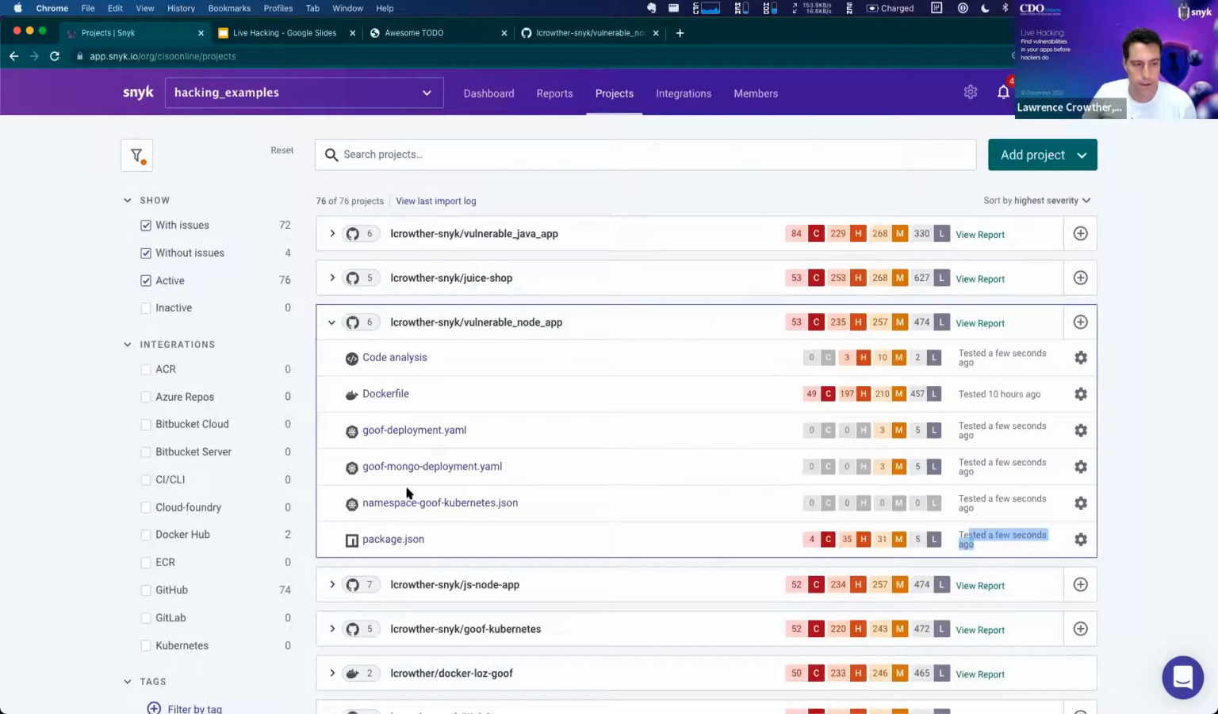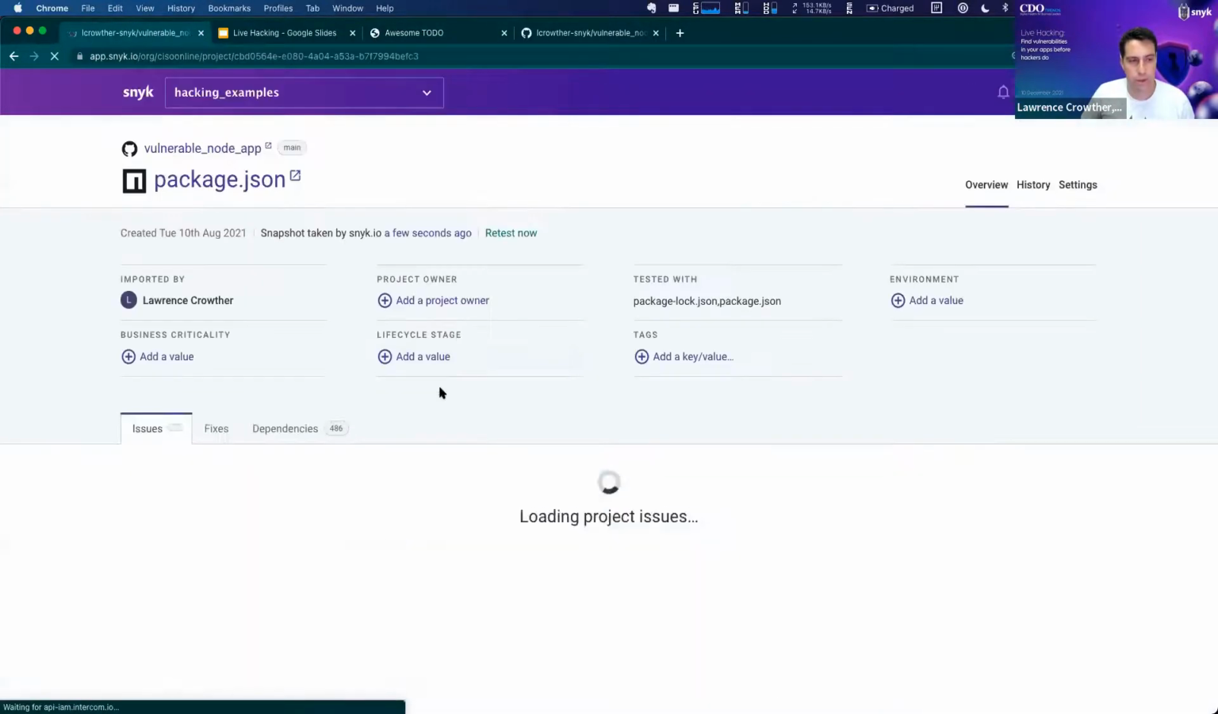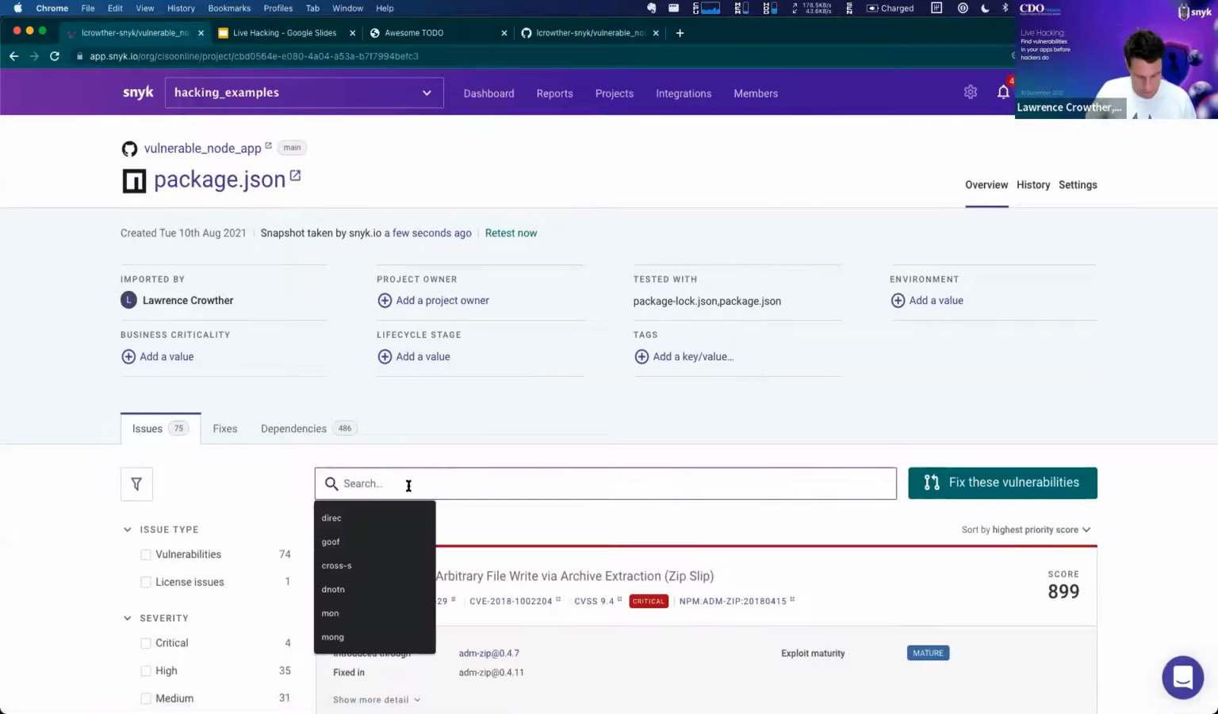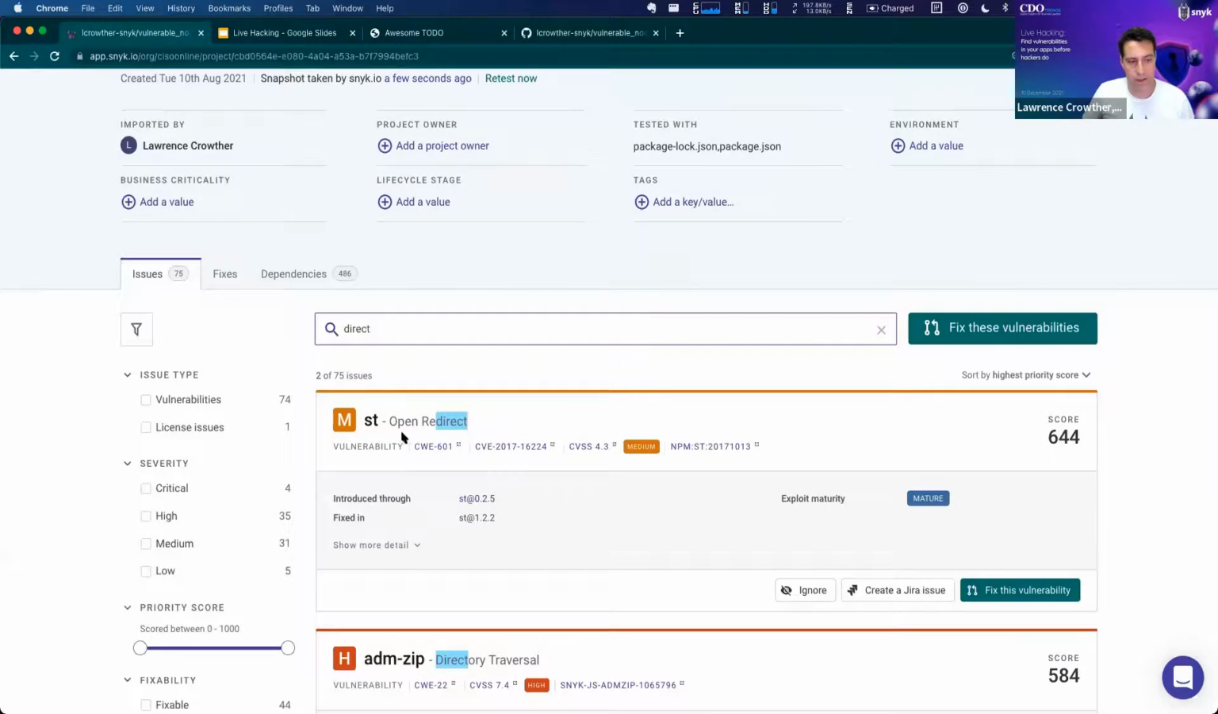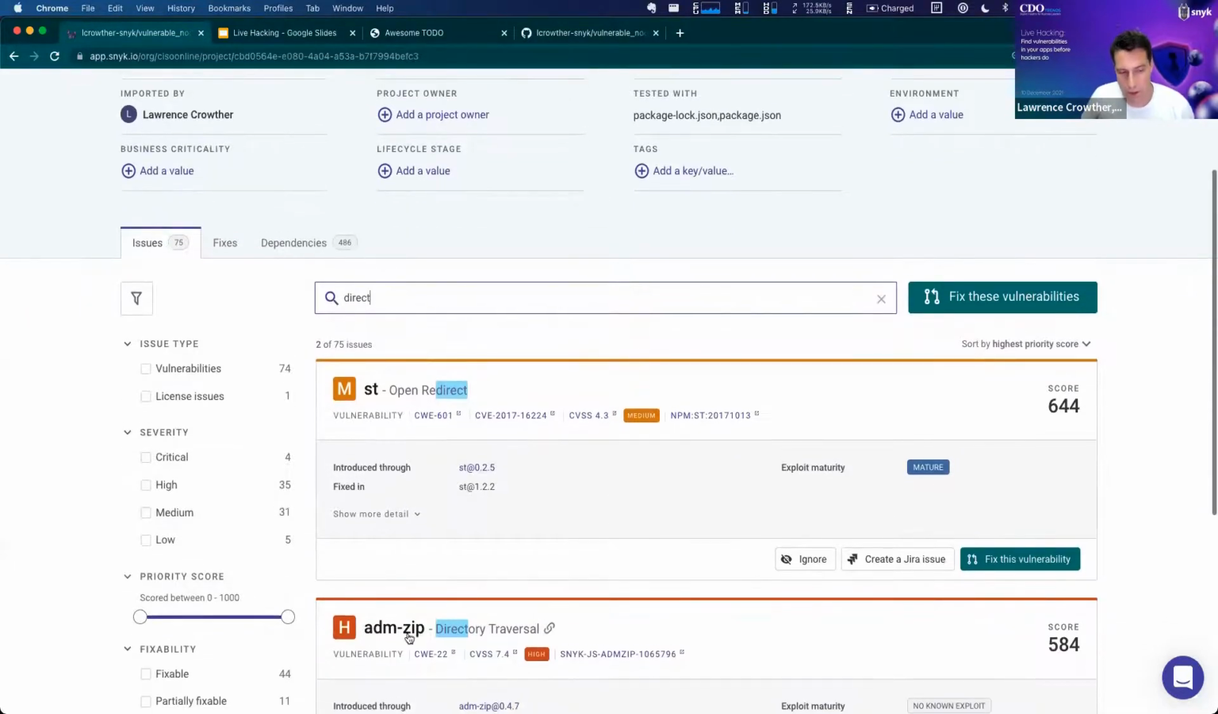See that? And if I go in and try to find those vulnerabilities, this is from a different library, cross-site scripting, but essentially they're gone. See, the directory traversal is gone. Other libraries have it too, but the one from ST is gone, right? So